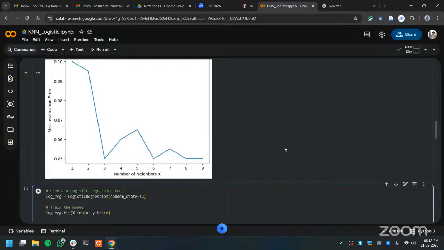8, sir. Why 8? It has the lowest value, and 3 also has the lowest value. So yes, I think the answer should be 3 because as you keep increasing the number of neighbors,